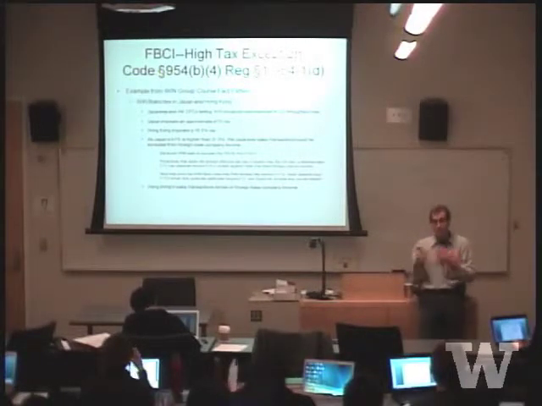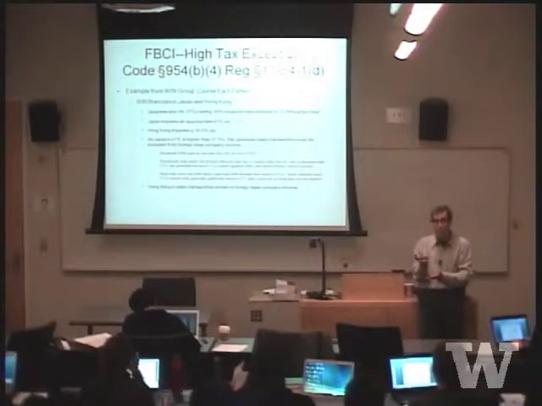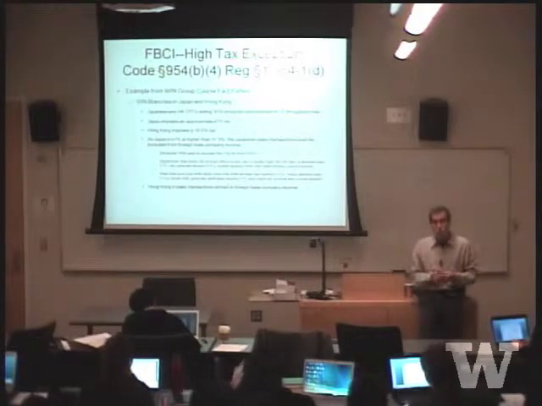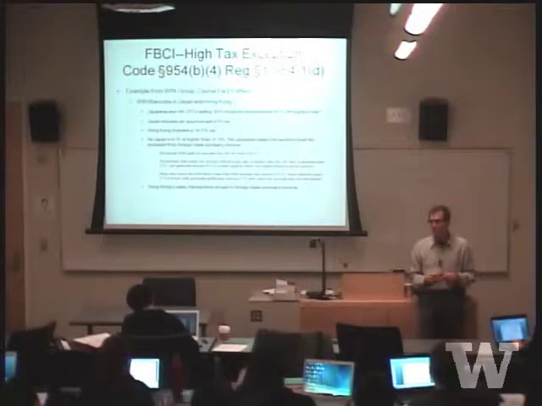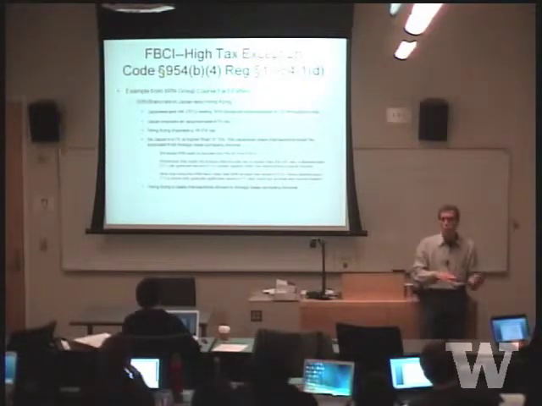If you establish, you have the option, in essence, to establish that there is a high tax and that you do not want to include that income in your U.S. shareholders' income. Now, is there any reason why a company would want to or not want to include that income